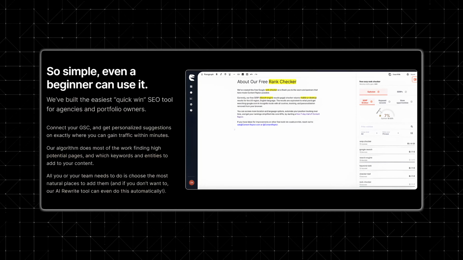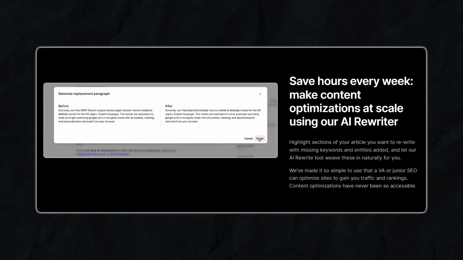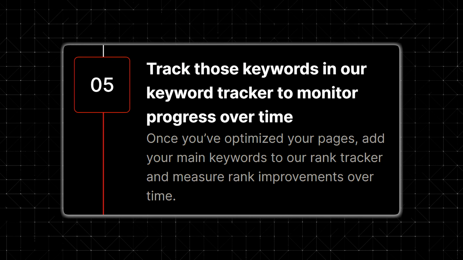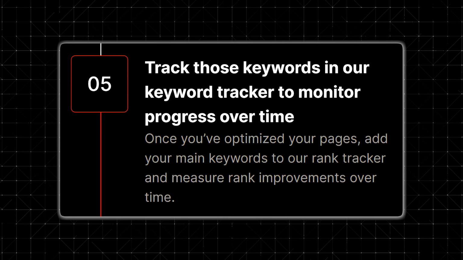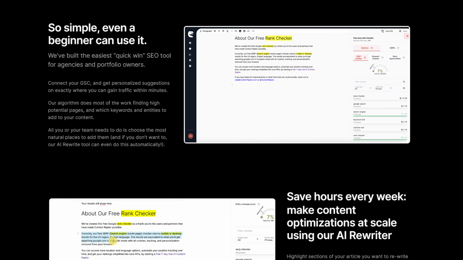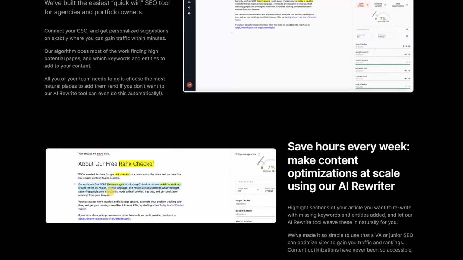It even offers an AI rewrite feature that weaves in missing keywords or entities so your page can become more relevant without sacrificing readability. Another unique aspect is its emphasis on automated testing, which lets you measure whether your updates lead to meaningful improvements in rankings or clicks. Overall, it's a time saver for those who want to refine what's already published rather than constantly churning out new